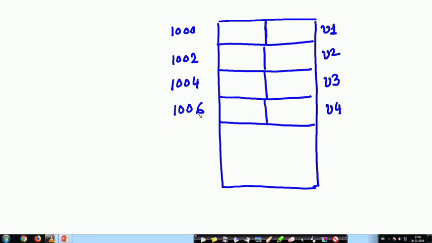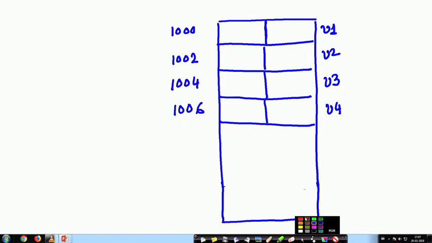And let me extend my table a bit. Now, suppose I have got here again 4 integers.